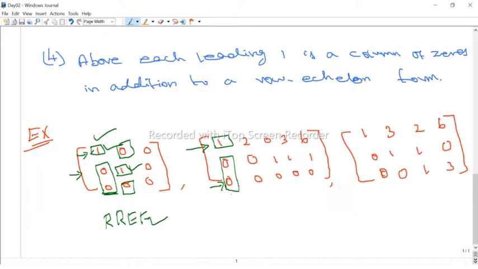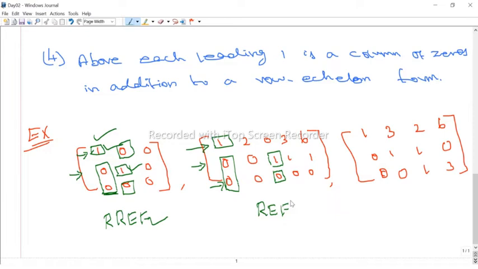Satisfied. Okay, now we scan the second row, and we get the first non-zero entry here, and its position should be after the first column. Yes, here we get the third column. Then below the leading one is 0. Yes, it is satisfied. And no need to check the third row, because it is already 0. Therefore, this is a row echelon form matrix. Now we have to check whether this is a reduced row echelon form matrix or not.